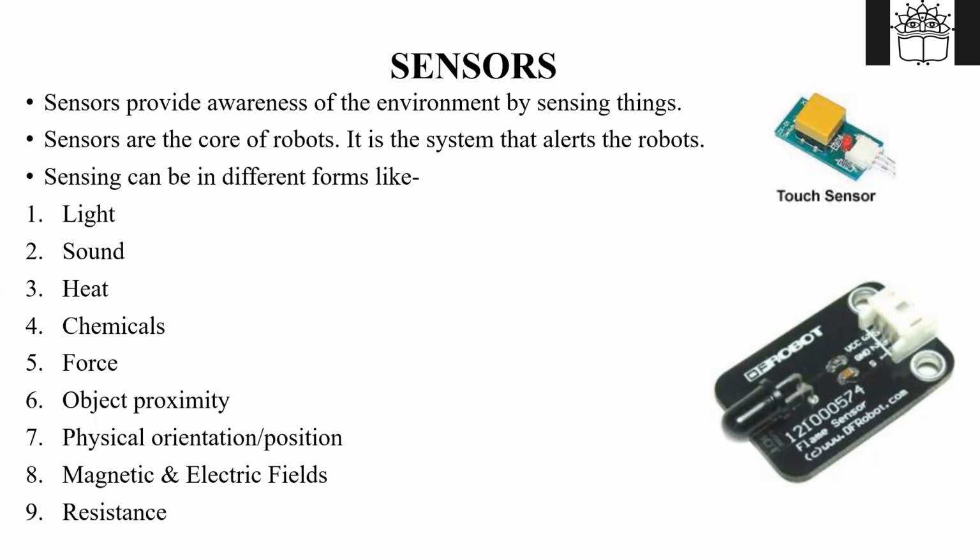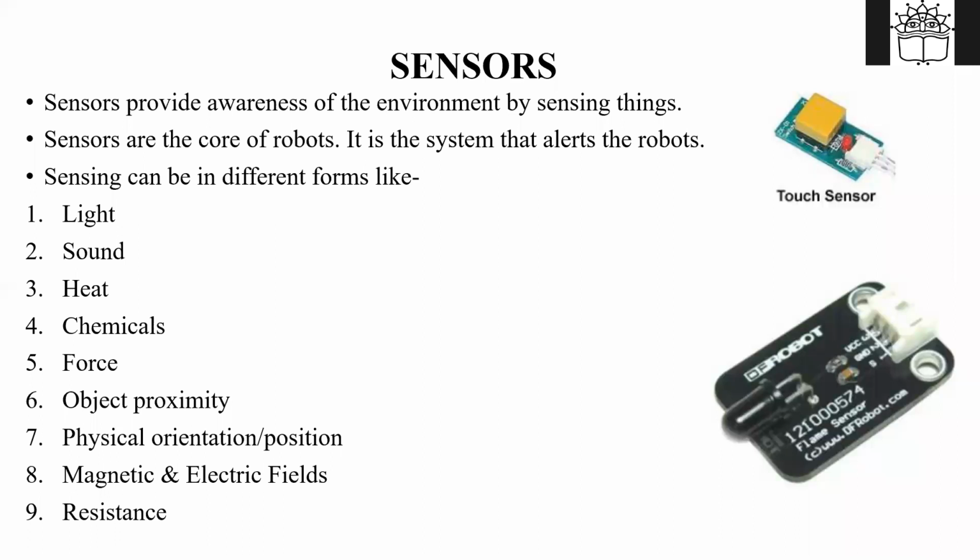So robots can sense light, sound, heat, and they can sense chemicals. There are some robots which are called electronic noses. Specifically in chemical industries, they are used. They sense chemicals, they sense the contamination of chemicals, and if there is some leakage, they will display a signal that so and so chemical is leaked, or the composition of so and so chemical has increased.